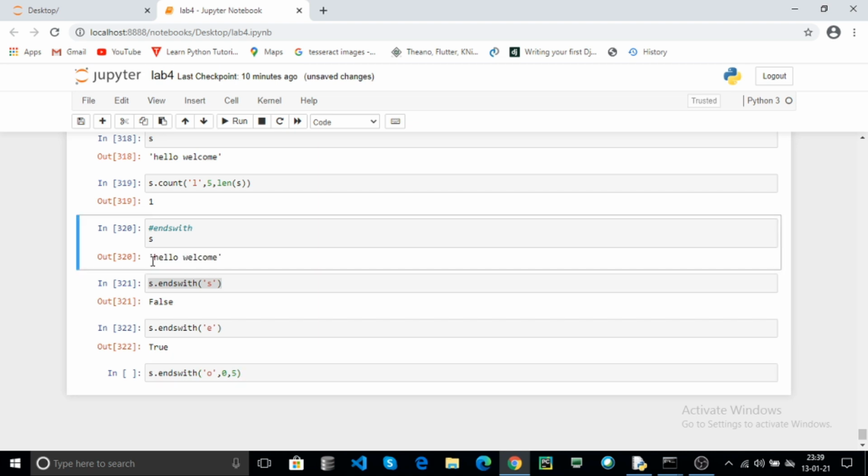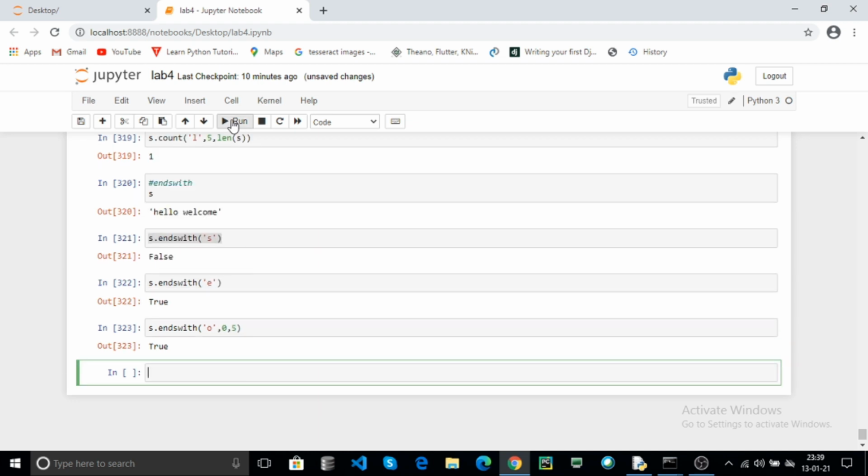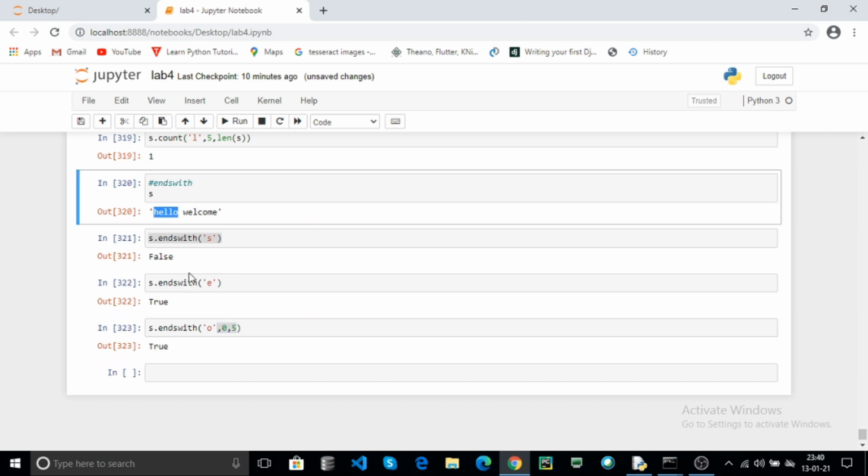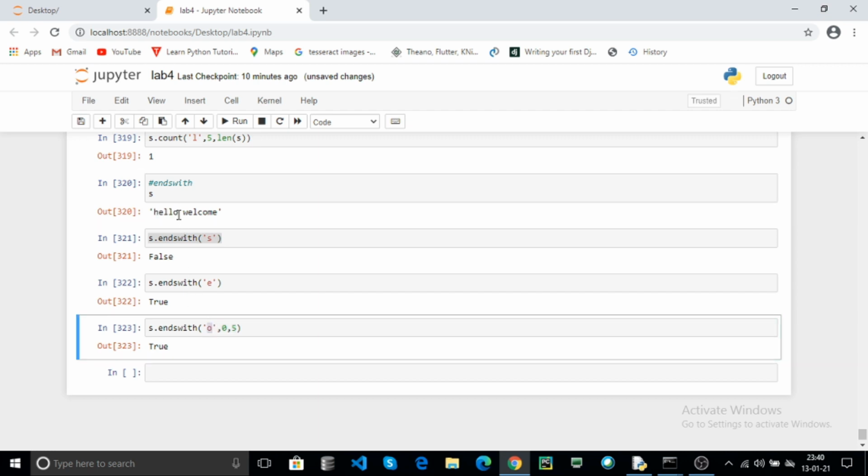It must start from the 0th index to the 5th index. It checks whether your string ends with O or not. Click on the run. Here it returns true, because the 0 to 5th index is hello. It ends with the O, then it returns true.